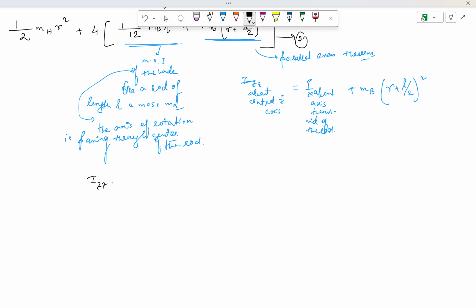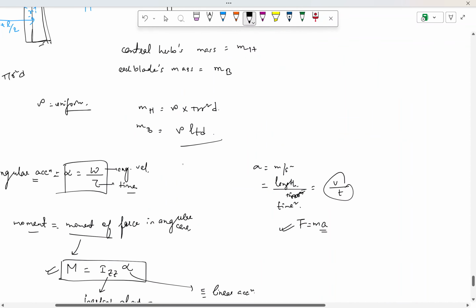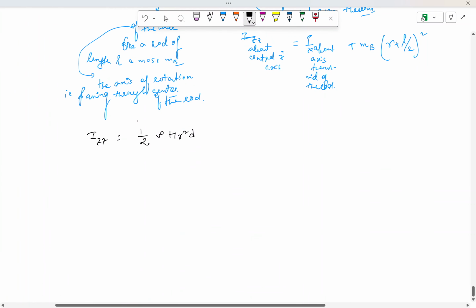Total Izz will be half Mh r squared. Mh was already calculated to be rho pi r squared d. So we are using this Mh, and next we will also be using the Mv values. So this is half rho r squared d